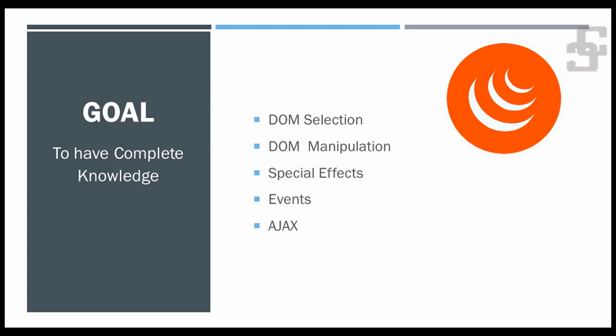So let me start. Like other languages, jQuery development requires an editor to write jQuery code. We can use editors like Notepad++, Visual Studio, Eclipse and so on. We are using Visual Studio Code editor here. If you are new to this editor, you can see about the usage of this editor in one of my videos. I have given the link in the description box. So let me start with how to download our jQuery library.